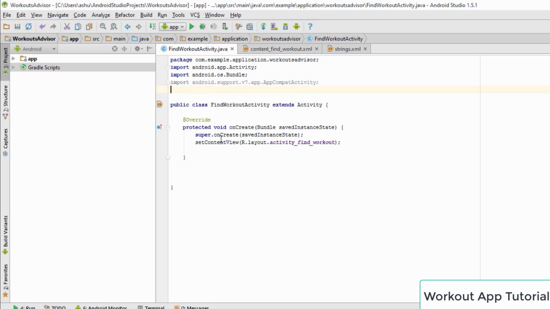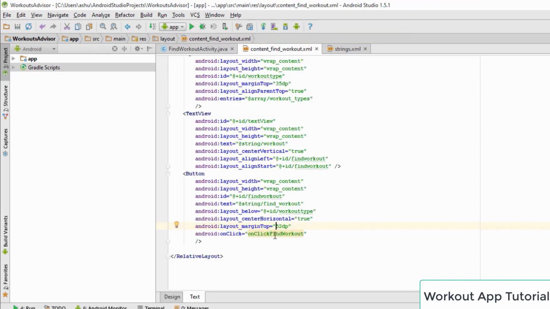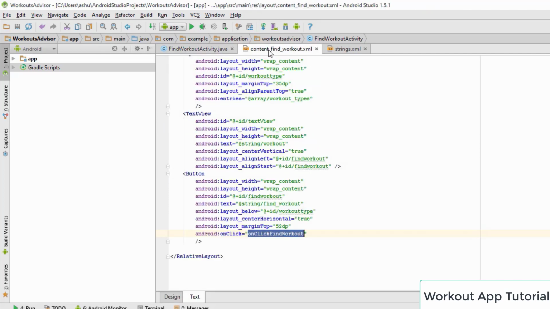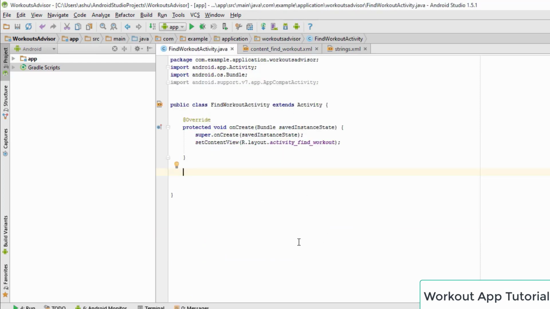Once you are inside this FindWorkoutActivity class, the next thing we need to do is add this method which we have specified right over here. In order to find it, we go inside this class and type in the method name. The method name in this case is going to be onClickFindWorkout. So we simply copy it, go back to our Java file, and we type in public void, as this method is not going to return anything, we declare void, and then we type in the method name which is onClickFindWorkout,